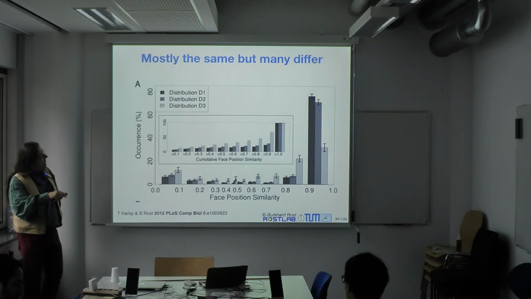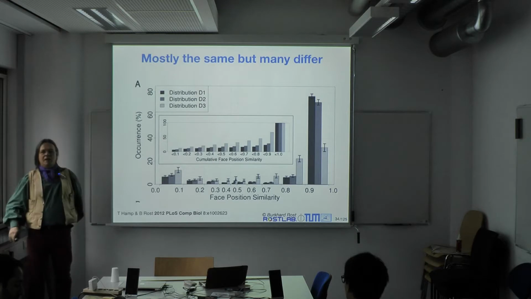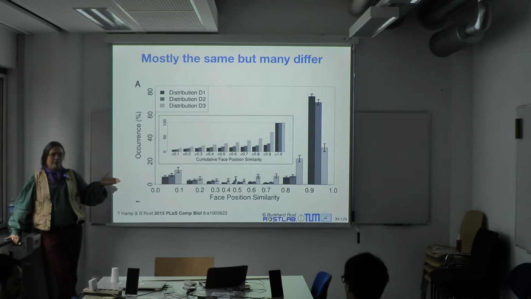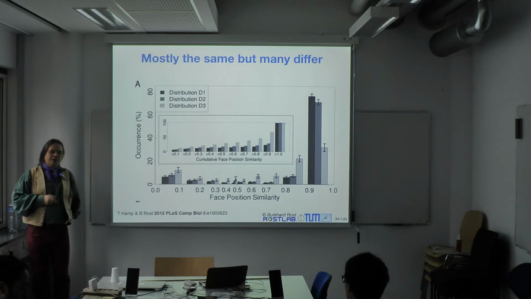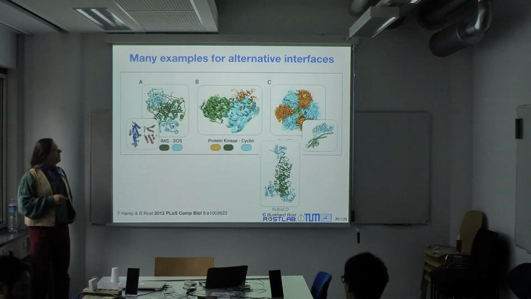Whatever these distributions, they typically all look like that. The majority of things are here. So the majority of things are in fact the same. But we always see some large minority, some large fraction of things that in fact are not similar. To show you a few examples,